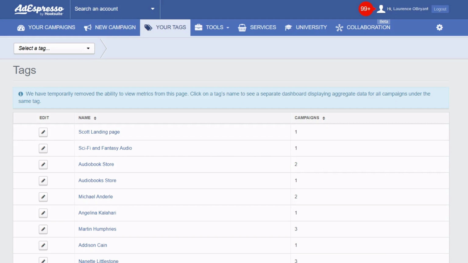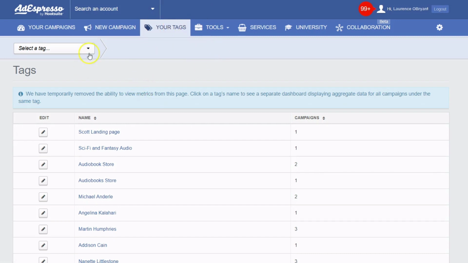We use Ad Espresso as an ads management suite on top of the Facebook Ads Manager, as it allows easy ad creation and allows us to send out campaigns for pre-approval by each of the authors we work with.